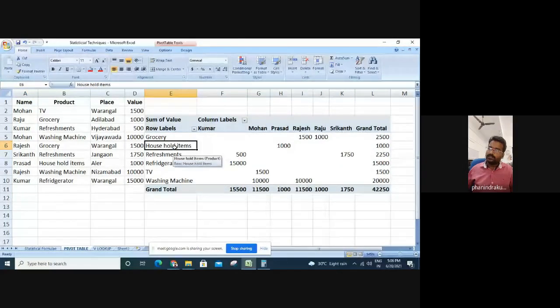And next, household items. 1,000 rupees is being expended by Prasad, which is highlighted over there. And refreshments, two persons. Refreshments is being repeated, Kumar and also Shrikant. And how much Kumar has expended, and how much Shrikant has expended. You can see refrigerator, TV, and washing machine. What happens here is that